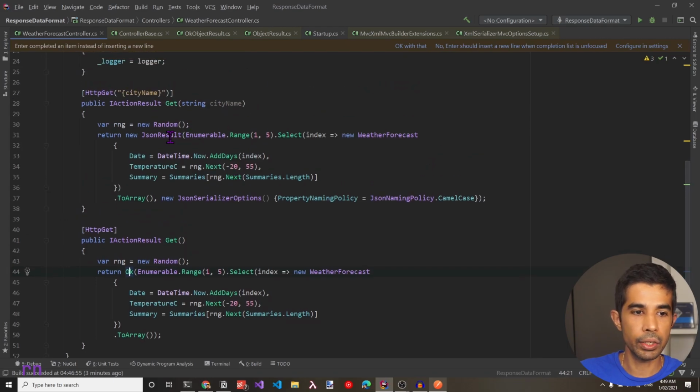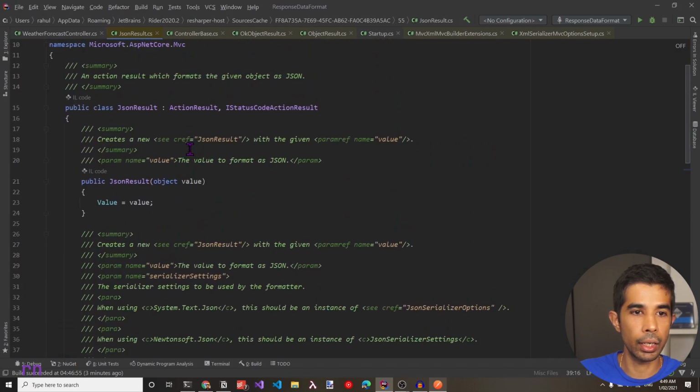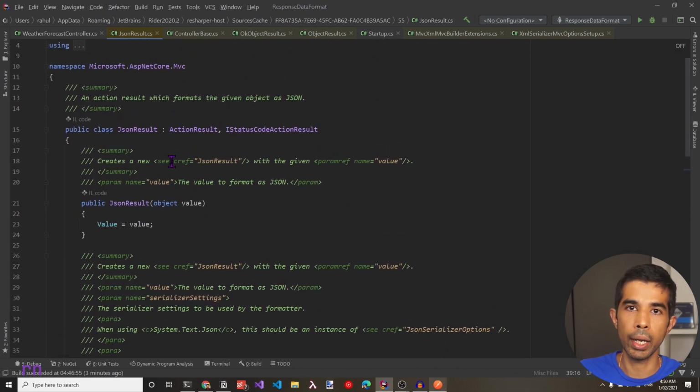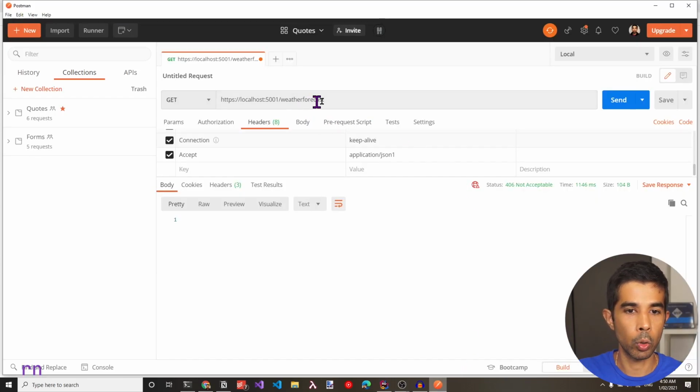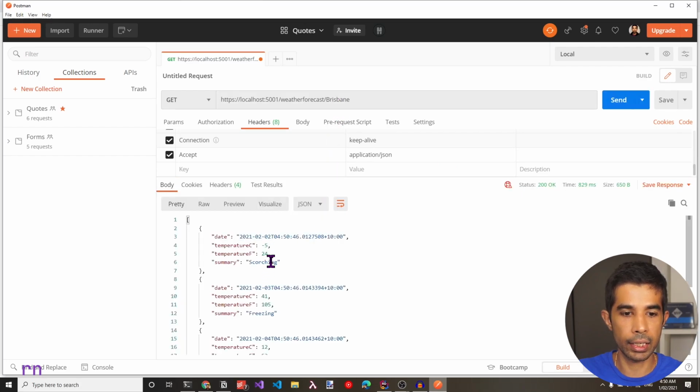However, with the JsonResult class, which we explicitly used to return JSON data, and if we navigate into that, we can see this does not inherit from the ObjectResult, which is why there is no content negotiation happening in that case. The data is explicitly tied to be JSON. So even if we were to request that endpoint, passing in the XML format, we'll not get back XML data. If we go back to Postman, let's say update this to be Brisbane, fix this to be application/json and make a request, that does give back the data in the JSON format.